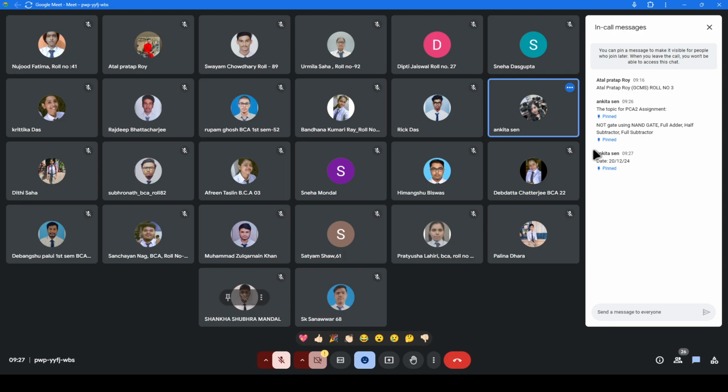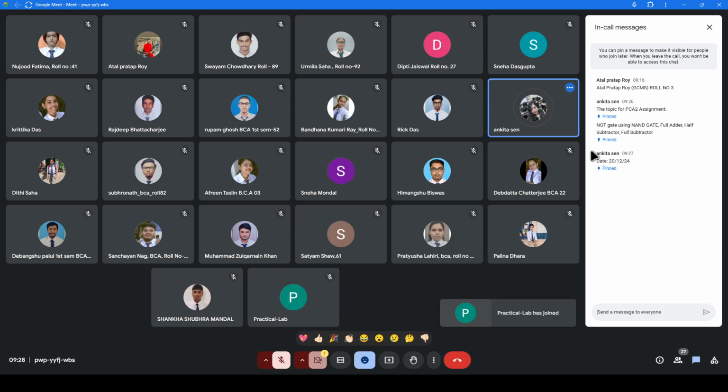Along with that, whoever was asked to change anything in case of the PCA1 and did not submit that changed copy, so that things also will be checked. What I have said, these are the topic for the PCA2 assignment that you need to submit by 20th December, that is coming Friday. Along with that, whatever correction I have said in the class last Friday, and who did not submit according to that, that things also will be checked during the time of the PCA2 submission. Okay, so now